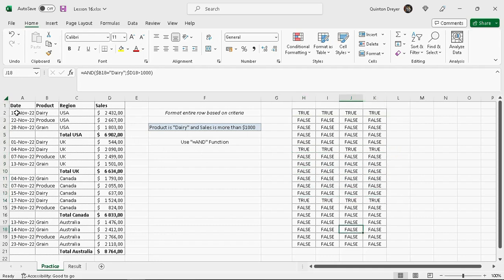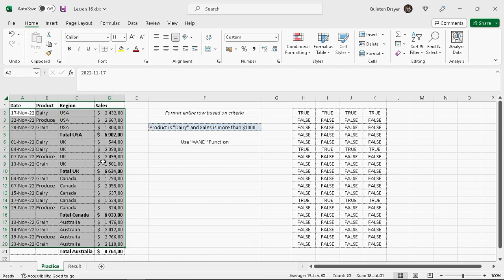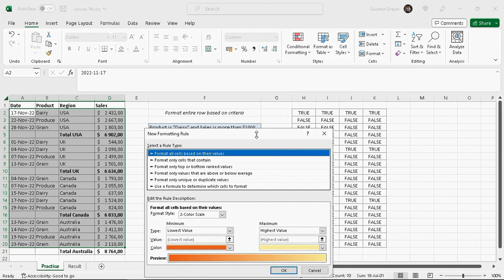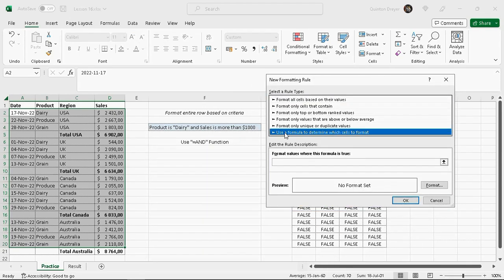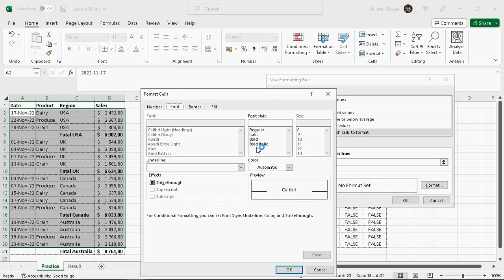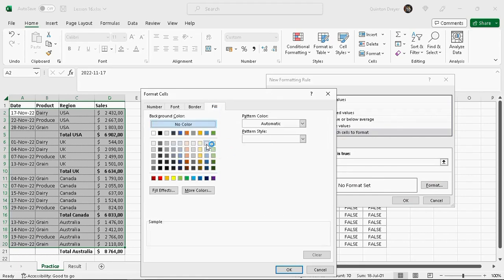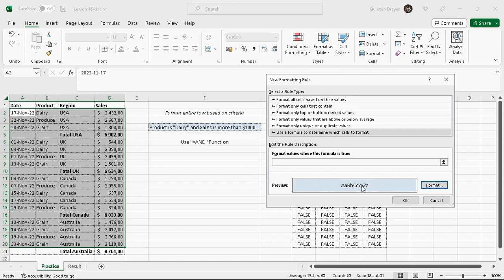Now let's go ahead and actually apply this to our range here. So we'll select our range, we'll go to conditional formatting, new rule, we will select use a formula. Let's just set our formatting, which is just fill the cells with the light blue here. And now we need to check, is this formula true? Does this formula yield a result of true? Does it make sense? So, and let me just type in caps here, equals and